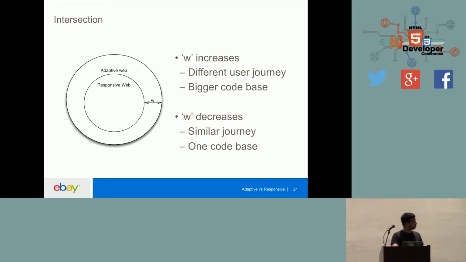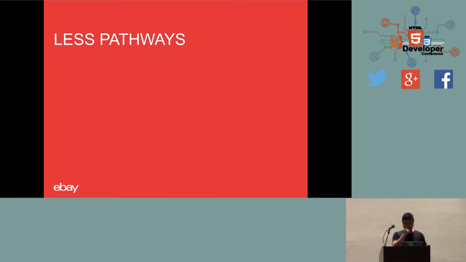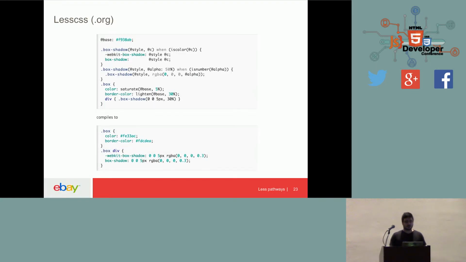So to solve this first part, I'm going to start by giving the example of that menu that I showed you, and go through a technique that we've built, which is building Less pathways to leverage browser detection. Most of the time when we're building adaptive systems, you have to detect which type of browser you have, or which type of platform you're targeting, and provide a different environment, a different code base.